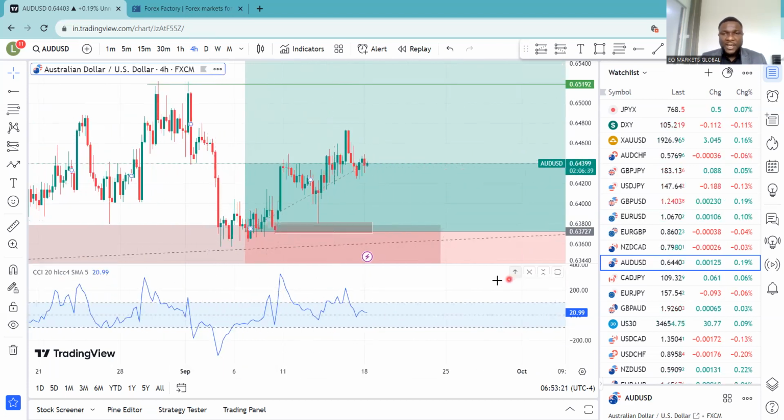All right, so amazing, guys. These are the only 3 trade setups that I want to give you for this weekly market outlook. All right, AUD USD, GBP USD, and Euro USD. Congratulations to those of you that took